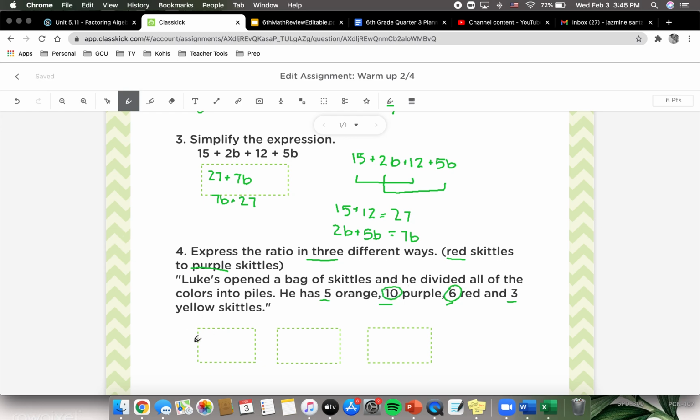So we can write this in 3 different ways. We can write it 6/10, 6:10, or 6 to